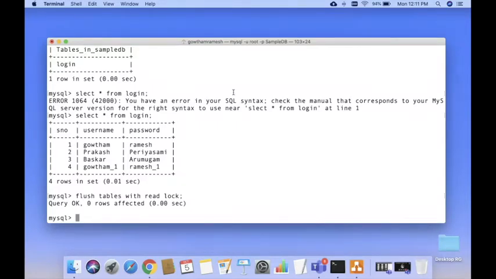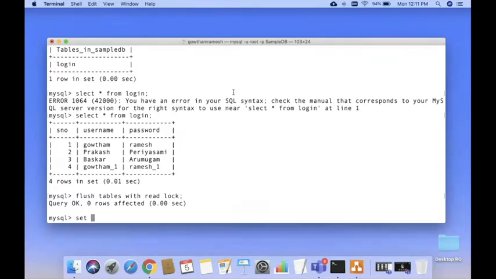This is a very convenient way if you want to take a backup. Once you specify this, insert, update, delete, replace, and alter statements cannot run on your database. It also sets the flag to block commits. It means that it blocks all the commits.